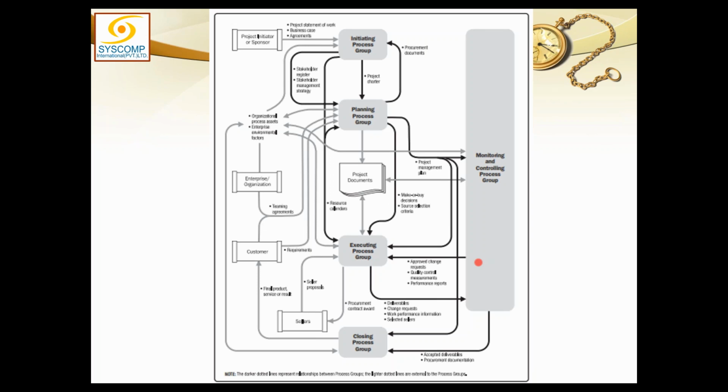So monitor and control project work will receive all the work performance information. So all the analysis results are received by him. So what does it do? It consolidates them, further analyzes them, and consolidates them into a report, a consolidated report of the whole project. That is called work performance report.